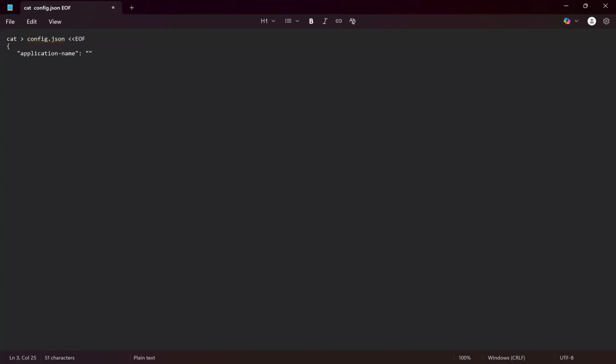The application name could be anything related to what kind of application, like hot services. Then every JSON entry ends with a comma, and then you define another parameter, like the version. Then a comma,